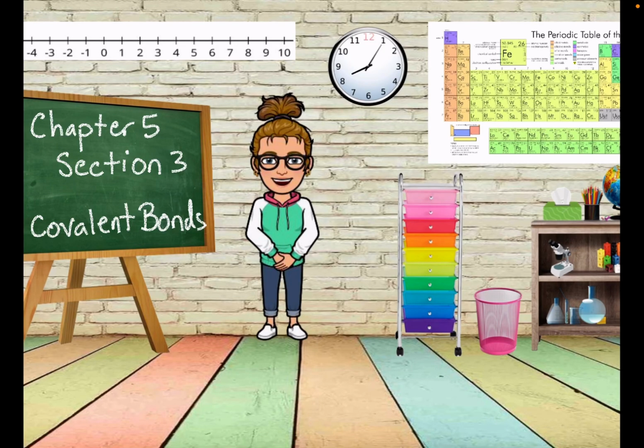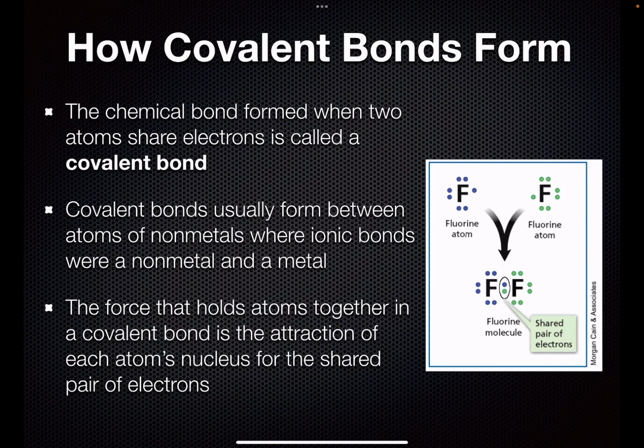In this video, we'll be looking at Chapter 5, Section 3, where we talk about covalent bonds. Covalent bonds form when two atoms are sharing their electrons. Okay, so it's different than ionic bonds because instead of taking electrons and having positives and negatives, we're going to be sharing. Covalent bonds usually form between atoms of nonmetals with each other, where ionic bonds are usually a nonmetal and a metal, or from opposite sides of the periodic table. The force that's holding them together is the attraction of each atom's nucleus and that shared pair